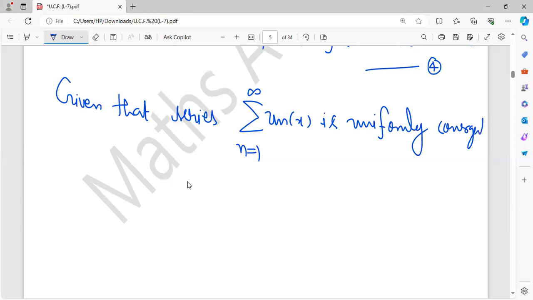Okay. So what does it mean? It means, given epsilon greater than 0, every uniformly convergent series is uniformly Cauchy. So given any epsilon greater than 0, there exists capital N belongs to N such that